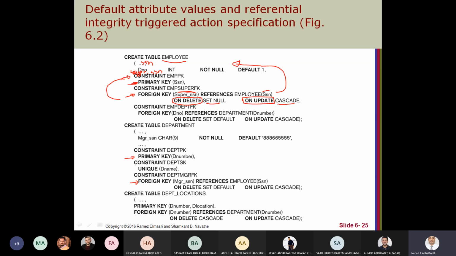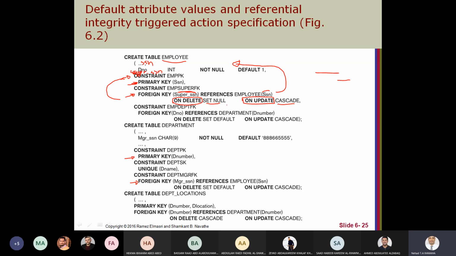This means if we update the value of SSN for the manager or supervisor, all its values with the employees will be changed to the new value.